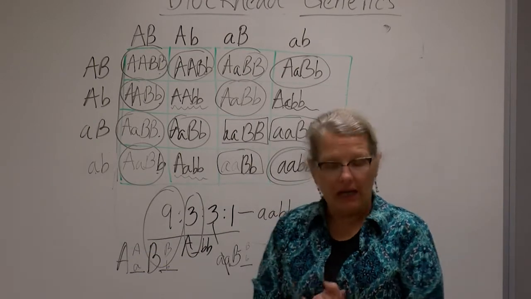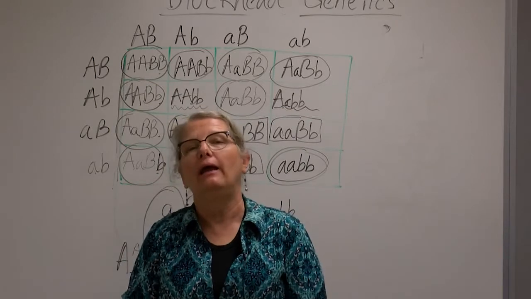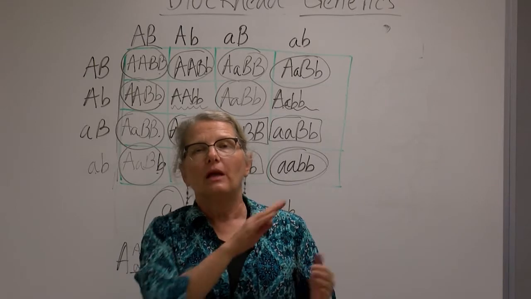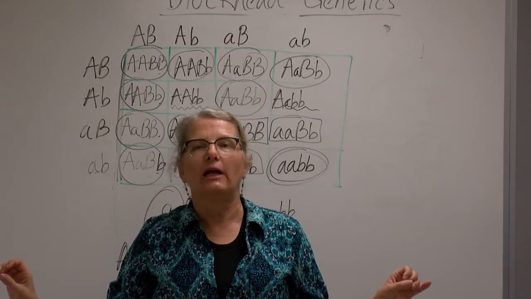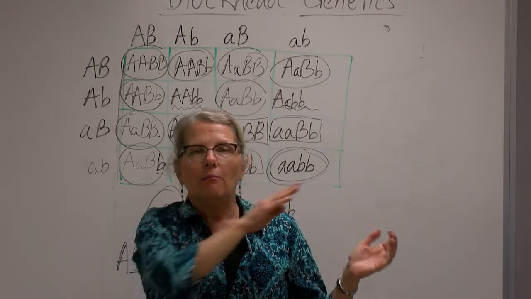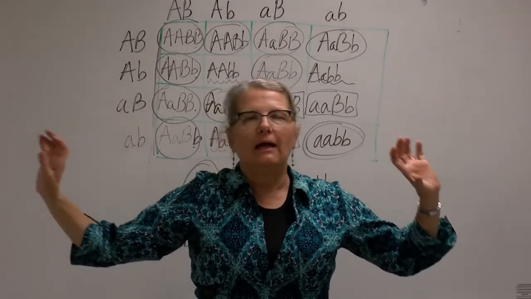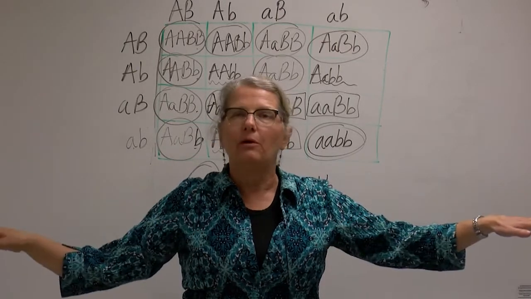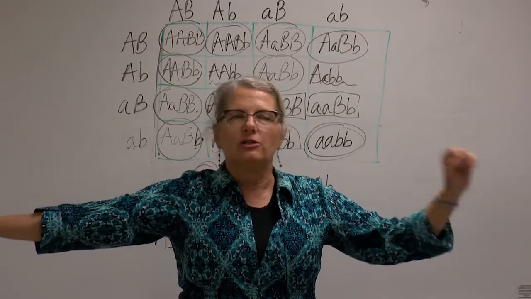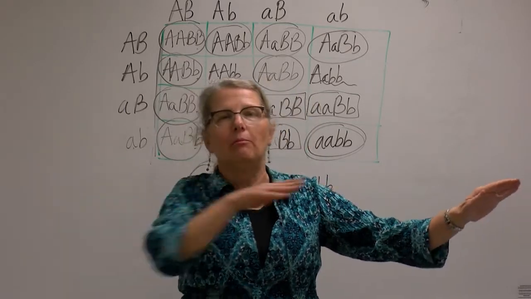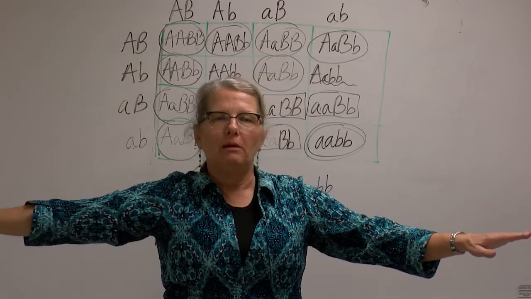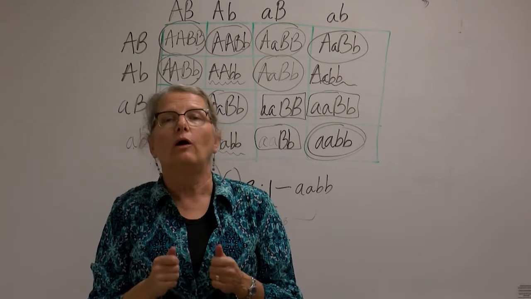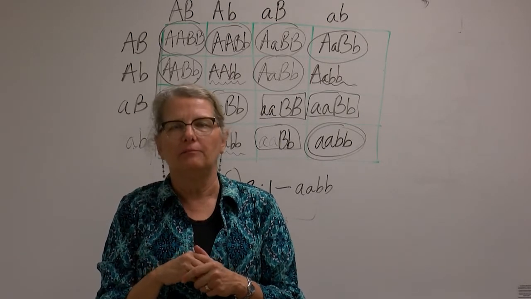Our last pattern of inheritance is called polygenic. If the trait is polygenic, what you're going to see is a bell curve. Height is a polygenic trait because, like I said, if you took 100 adult males or 100 adult females and lined them up, what you would get is a couple of outliers, a couple of shorter people, a couple of taller people, but in the middle would be the majority. So if there's a trait where the data shows a bell curve, you are going to know that's polygenic. All right? So